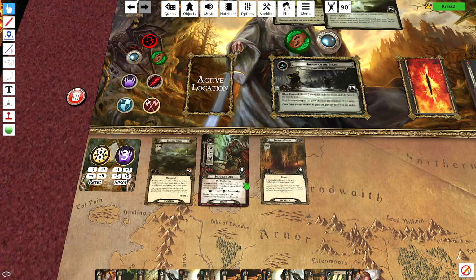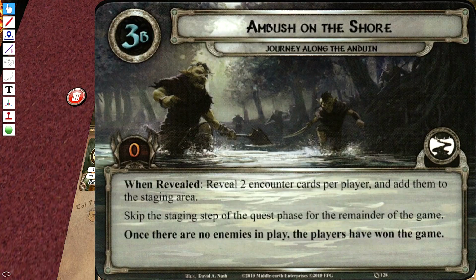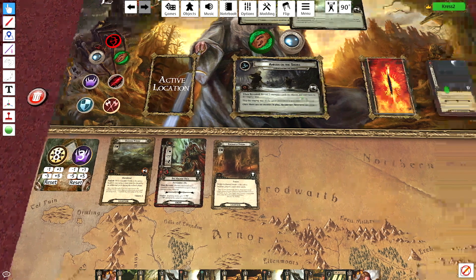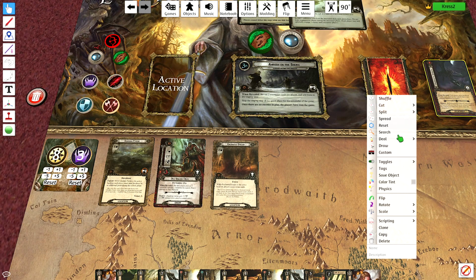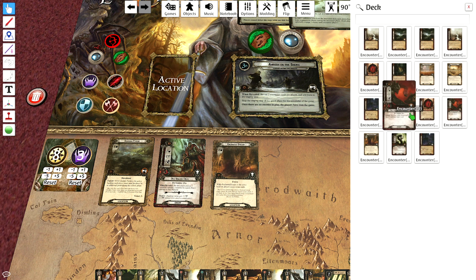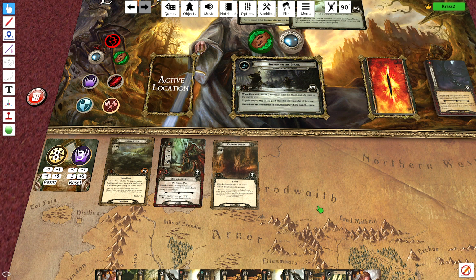So this is where playing solo matters. If you play with multiple people and each person is revealing 2 encounter cards per player, if you're playing a 4-player game, that's 8 cards. That's insane. You really can't get lucky. You're just going to get a ton of enemies. When you're playing solo, though, as you've seen, we got a ton of treacheries in this run, and we only have a few enemies who are even in the discard pile. We really worked through this quest pretty easily,